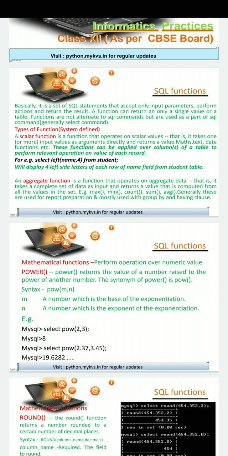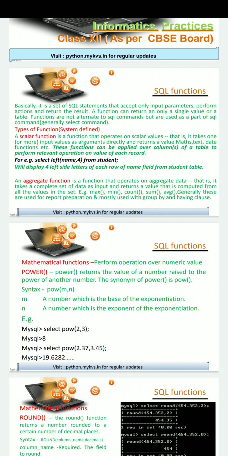It will return only the result, and you have to use only the result part of this function. So it performs some action, and as output it returns a result. Because these are functions of SQL, it can return a single value or it can return a table.